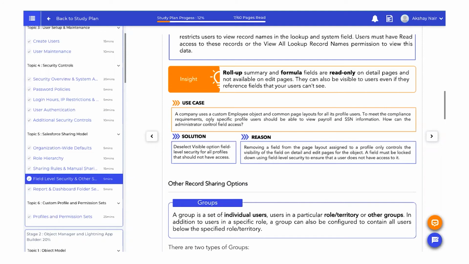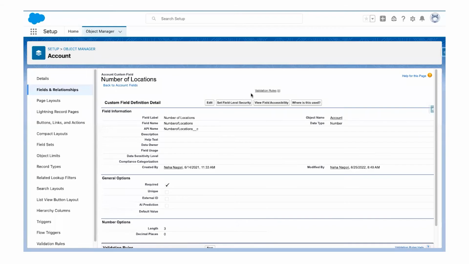To meet the compliance requirements, only specific profile users should be able to view payroll and SSN information. Now they're asking to see for different profiles, the visibility of these two fields should be controlled. How can the administrator control the field access? Here they're saying deselect the visible option in the FLS of all profiles that should not have access, which basically